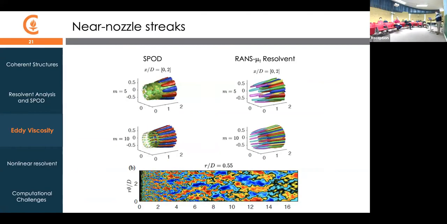Starting from small scale upstream to large scale downstream. We can take the same framework of SPOD and resolvent and limit the domain to smaller regions near the nozzle exit. By doing that, you can reproduce all these same structures in the SPOD and then resolvent, to show you this hierarchy of different streaks at different azimuthal modes and so on. These don't show up in the global spectrum because they're not energetically important over the whole region.